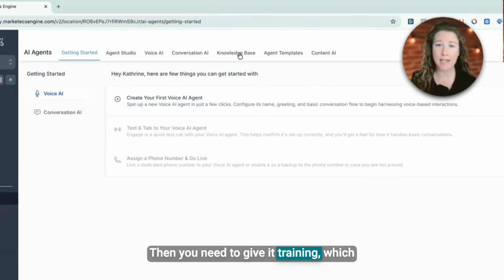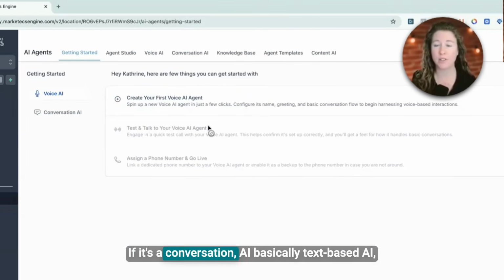Then you need to give it training, which is what your knowledge base will be. And then the third piece is that you have to have a way for it to interact with people. If it's a conversation AI, basically text-based AI, then you want a chat widget for your website. If it's a voice AI, then you need a phone number, or you can do voice AI through the chat